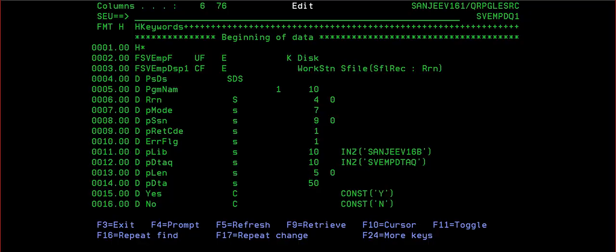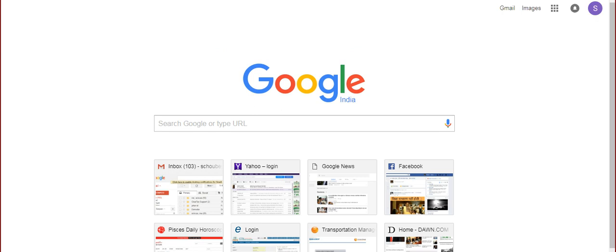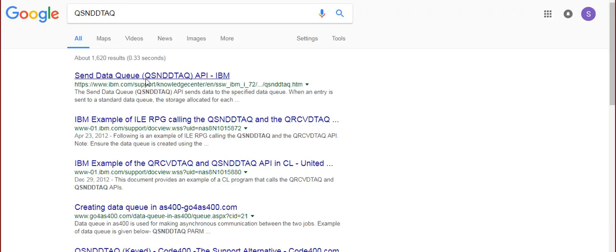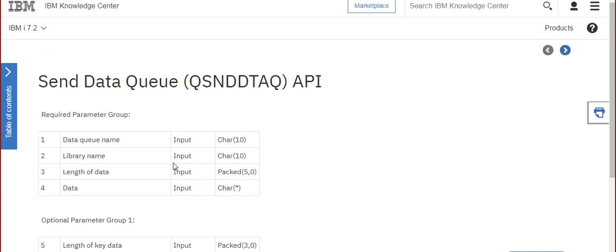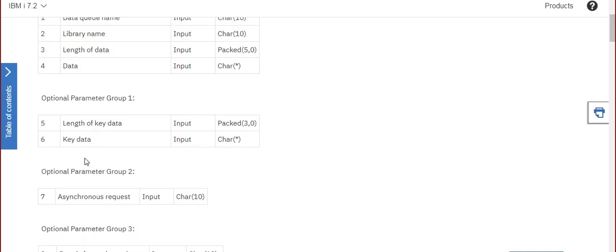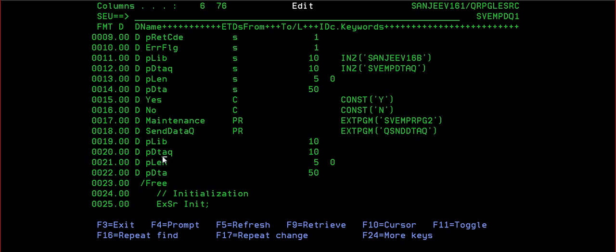QSNDDTAQ, I think I have written the parameters wrongly. The first parameter will be data queue, the second will be library, I believe. First is the data queue name, second is library, third is length of data, fourth is data. So I have written library first and data queue second. That is the reason. So see, here it is library first and data queue second. So I just have to swap these.